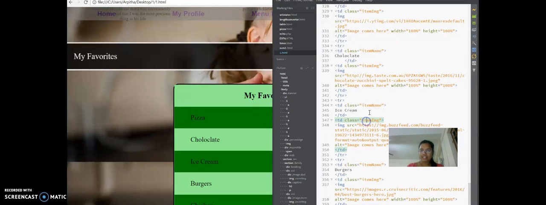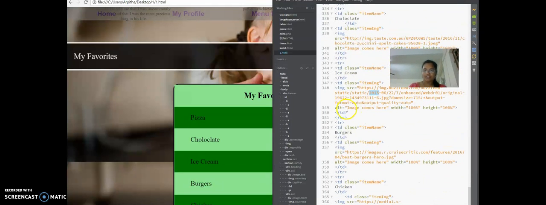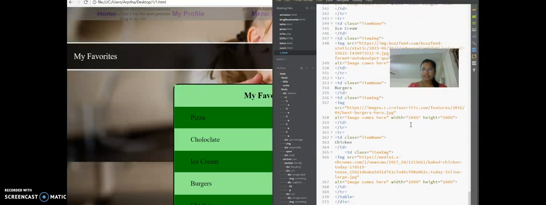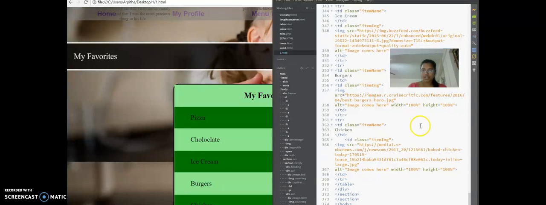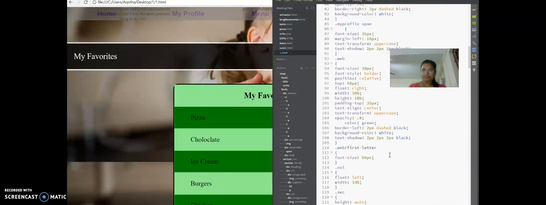So I have inserted in the item name, I've inserted the name of the item, like ice cream, pizza, chocolate, burger, and chicken. And in the name of item image, I have inserted a link which I have got from the online resources, and I've given an alternate name in case there is no image or misplacement of image or the user doesn't have image. And I've given the width to be 100% and the height to be 100%. And at the same time, I've done that for all of the images. And then, coming to the styles of what we've done